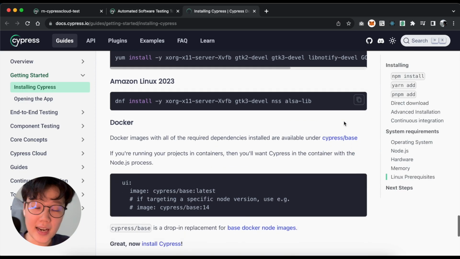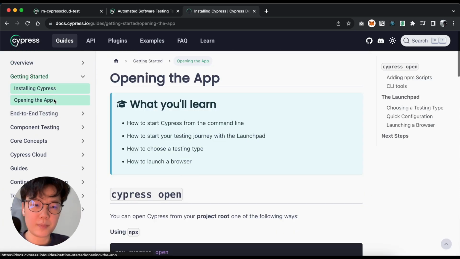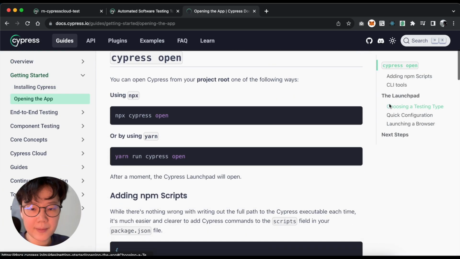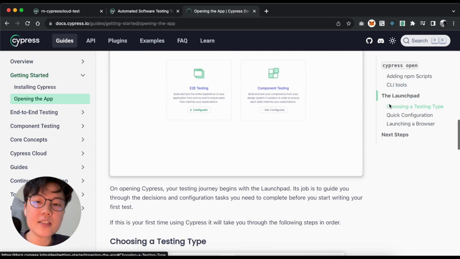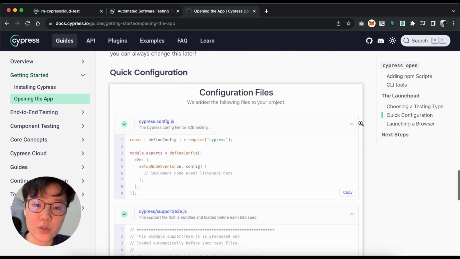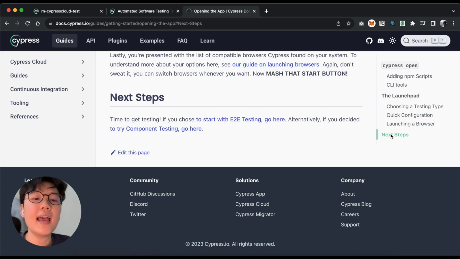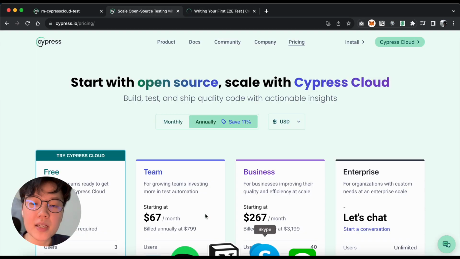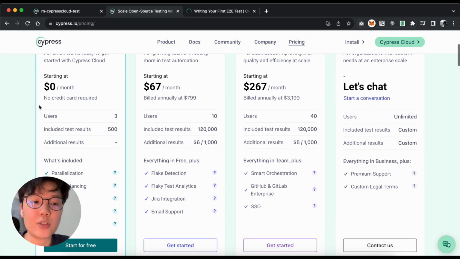So the second one is reliable. Cypress Cloud is built on the same open source, and it's also scalable. I think it's suitable for large teams and also remote teams. Like I showed you before, it's very easy to track back all the test cases and the overview, because inside there are screenshots, there is video, and you can search by different branch also. And it's affordable, because Cypress Cloud now offers a free plan for up to 3 users